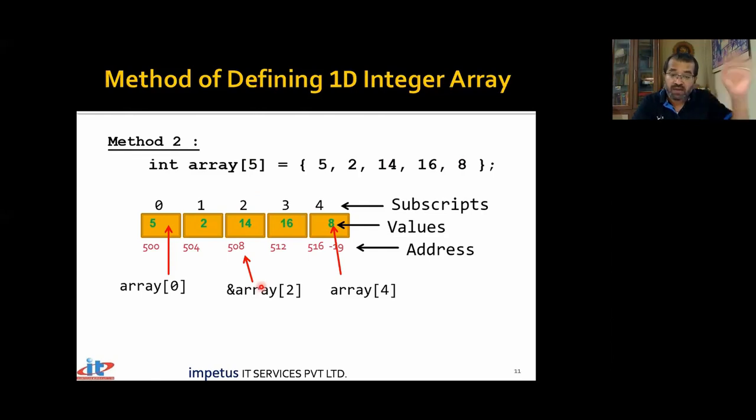You can draw a parallel with normal variables also. If I say int i, it holds a garbage value. If I say int i equal to 10, that means you have initialized that particular variable i with the value 10. And if you can initialize a single integer variable, you can initialize this group of variables as well. So instead of a single variable of type integer, we have a group of 5 variables of type integer.